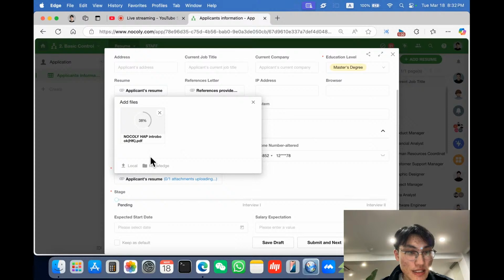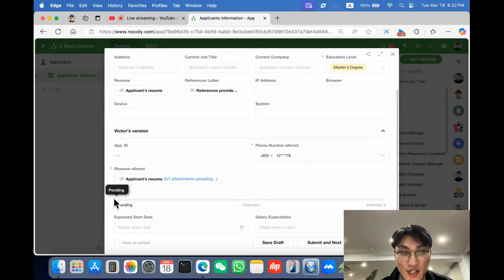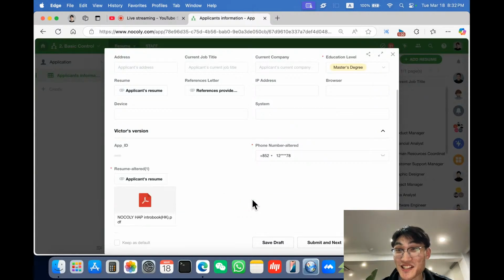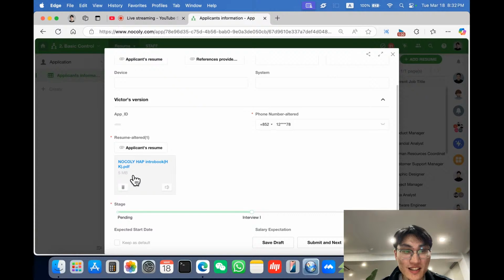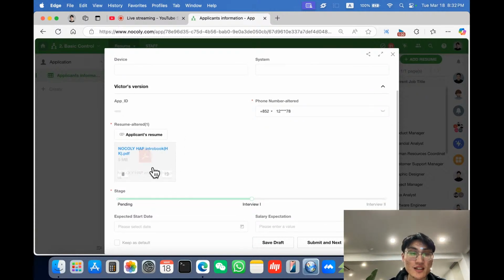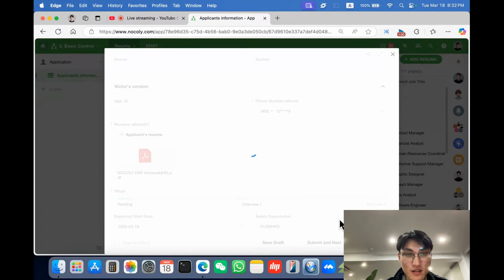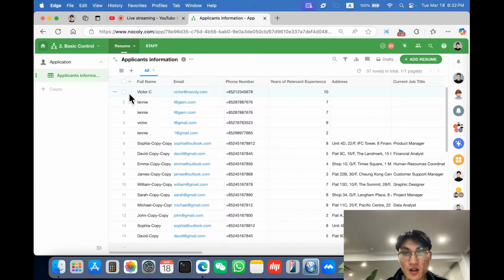Wait a moment. Okay, when it is in the process of uploading, we can select the stage. Maybe not pending, interview 1 or interview 2. Now you can select it. But in the real scenario, you cannot select it as an applicant, right? And it can be uploaded because it is within 5 MB, right? And expected start date, 10,000. Then we submit. Okay, we create a new record and it can fulfill the requirements